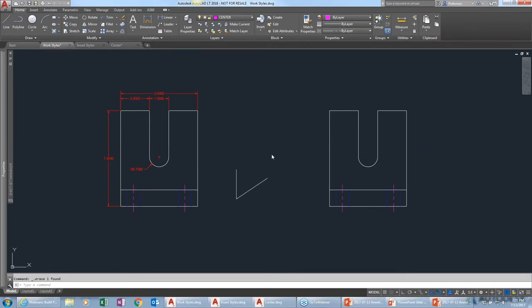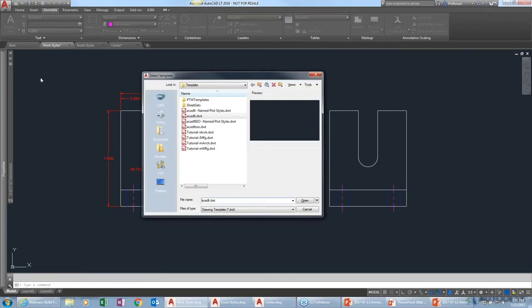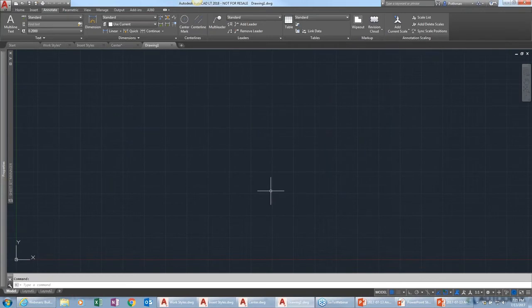So basically, I'm just going to continue where Mariah left off here. You're basically covering most of the things that are on the annotation tab. And I'm going to start with discussing dimensions. And the first thing I'm going to do is actually create a brand new drawing. And I'm going to just start it using the AutoCAD LT template file. And just like Mariah was saying with text styles,